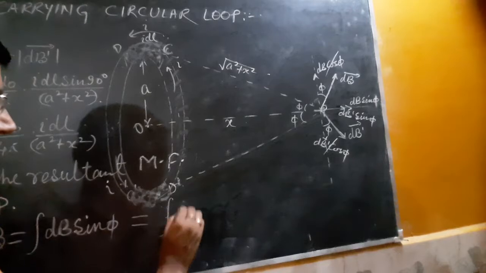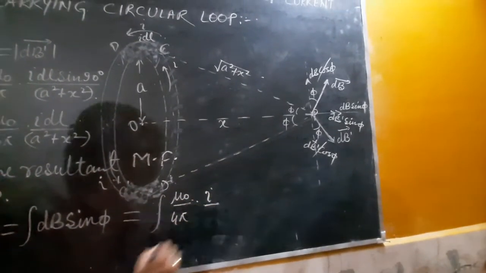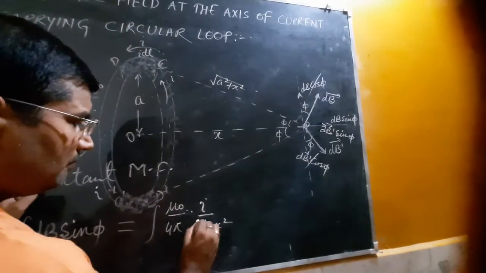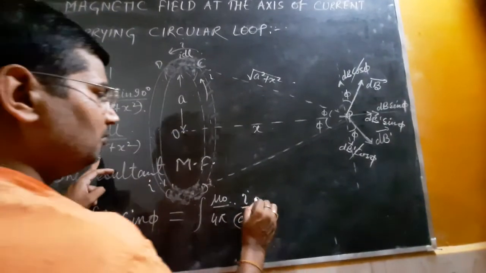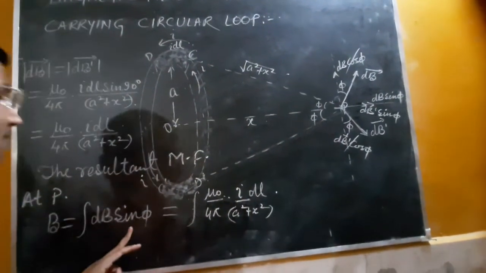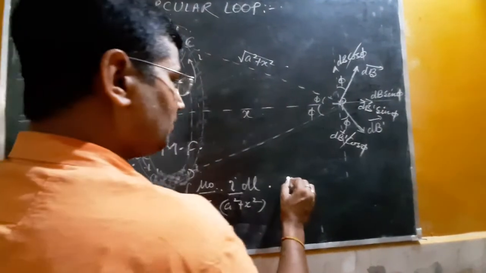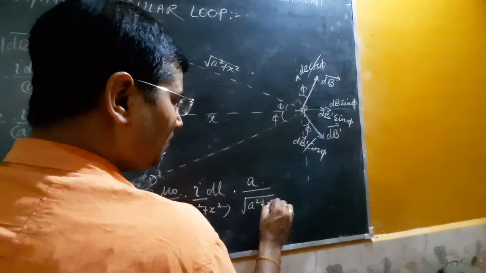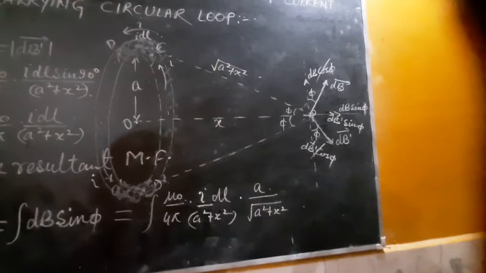So this will be integration of mu naught upon 4 pi, I upon a square plus x square, into dl. And what about sin phi? Sin phi is equal to perpendicular upon hypotenuse. Perpendicular is a and hypotenuse is under root a square plus x square. So this can be written as,